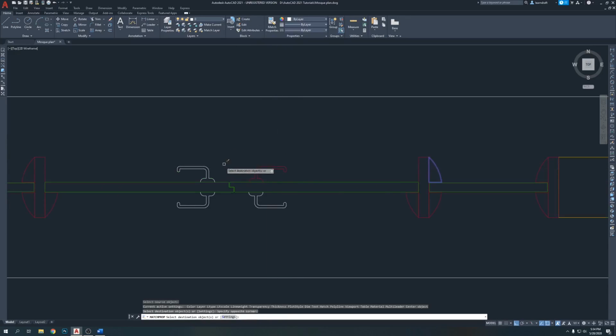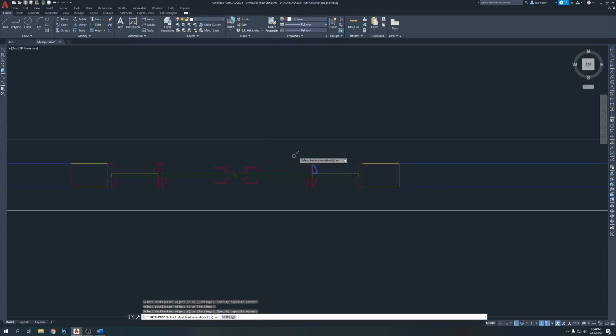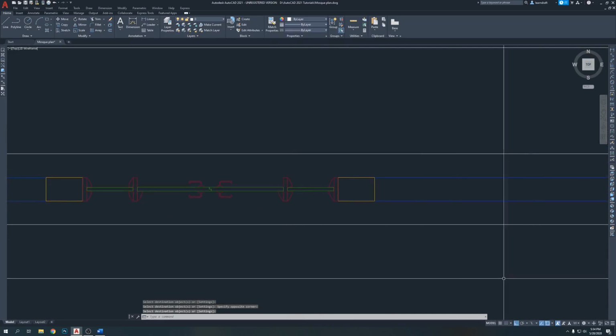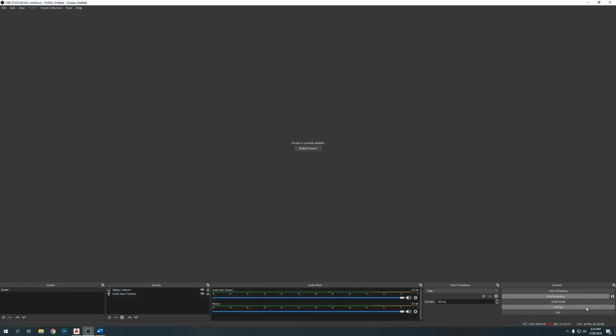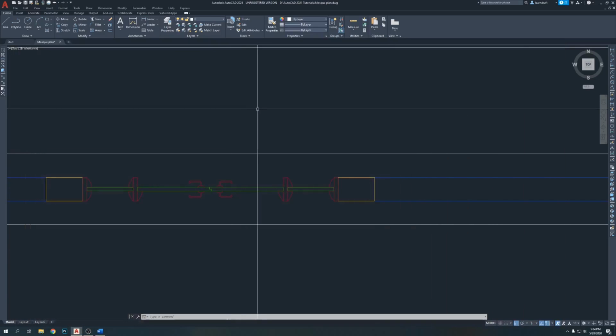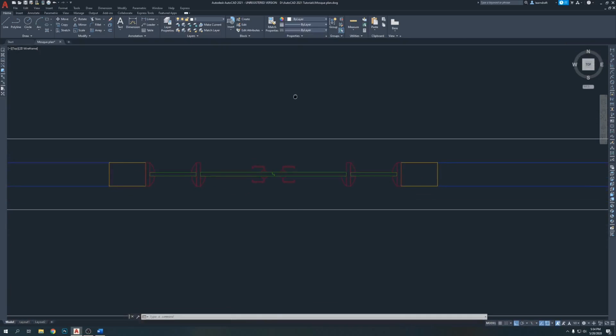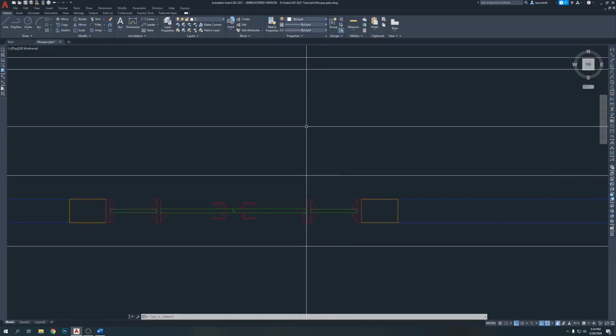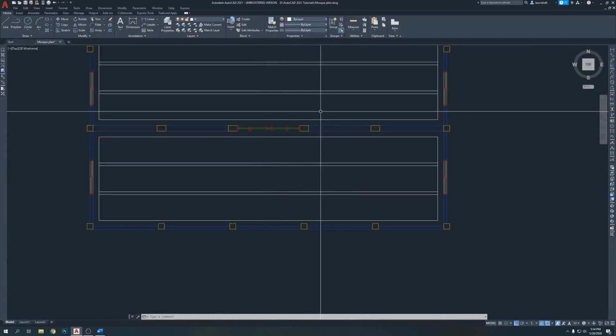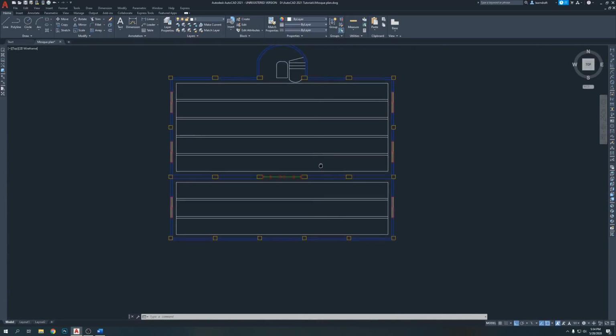I'm going to change the color of the handle. Alright, okay, so that's it for the handle. The door is good. Now